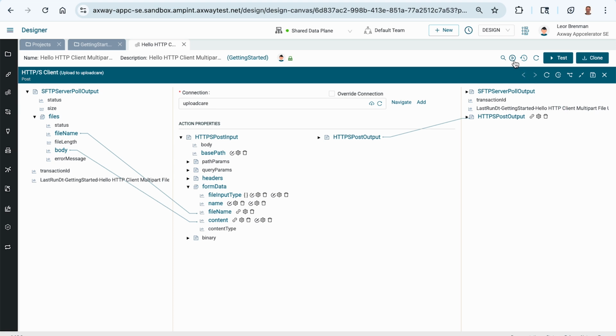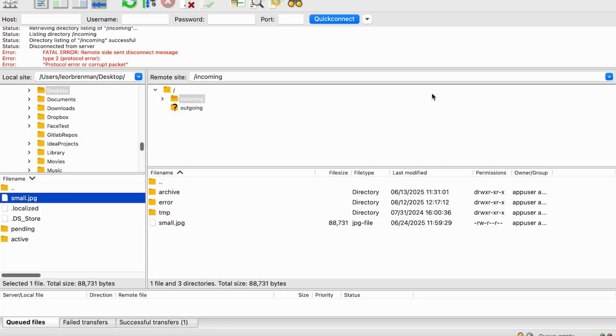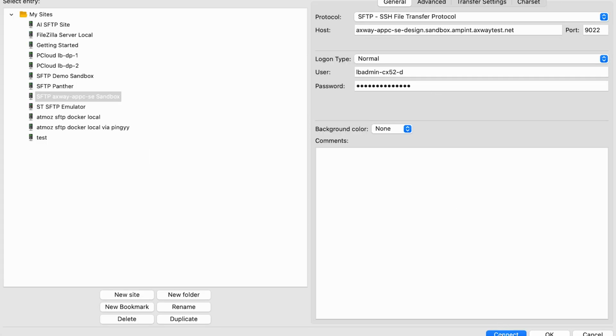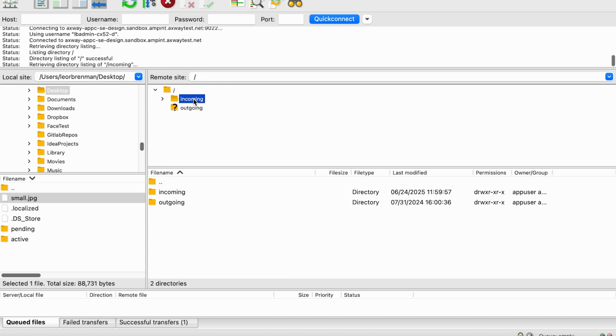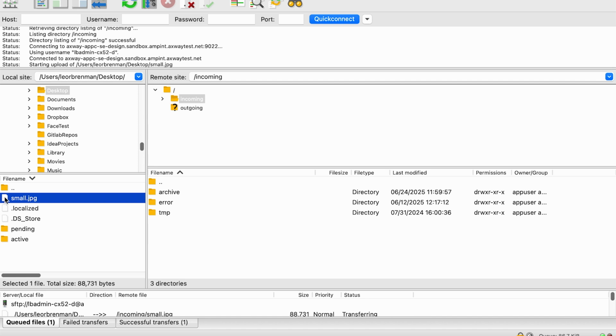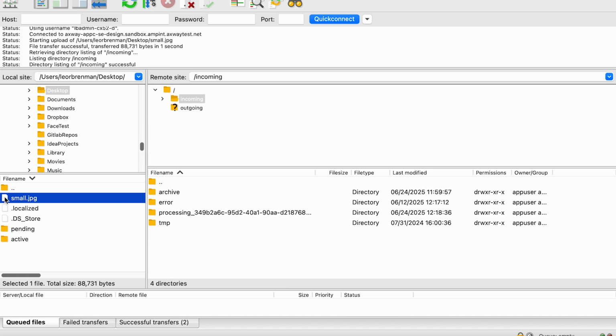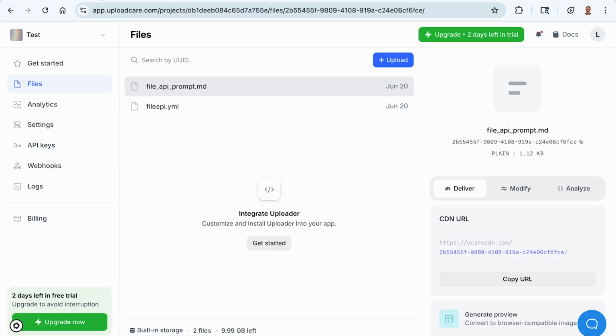So at this point, we should be able to activate our integration. We can bring up FileZilla, make sure we're connected properly. And we are. Come into the incoming folder. And then I can upload small.jpg. And it looks like it's processing already. And I bet if I come here and click refresh,